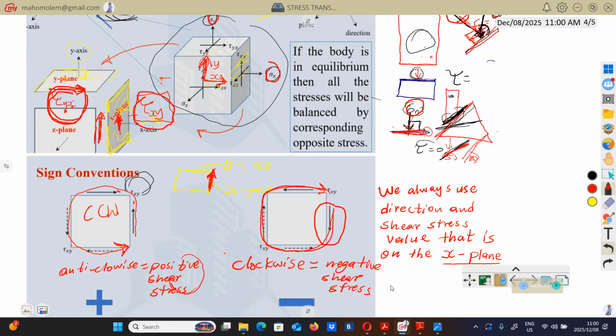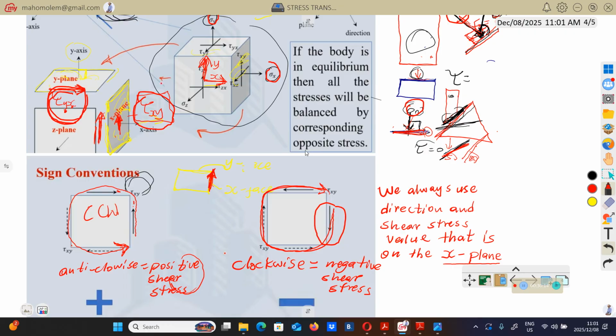Meaning that on those formulas that I've shown on the formula sheet, you will replace the shear stress by the negative value. So if you see that from your element, you have the downward arrow on the x face like this, then your shear stress will be negative. Right. So the same applies